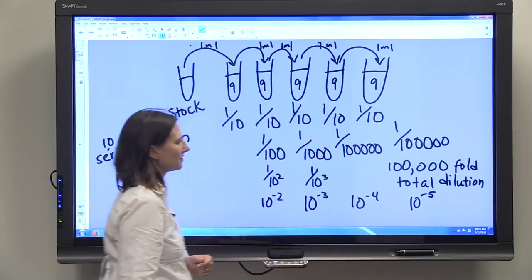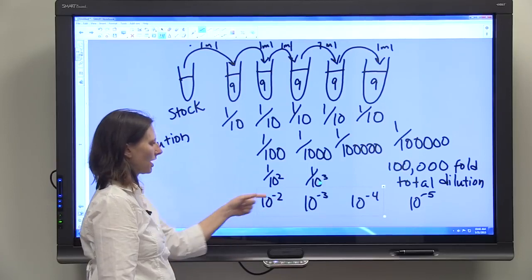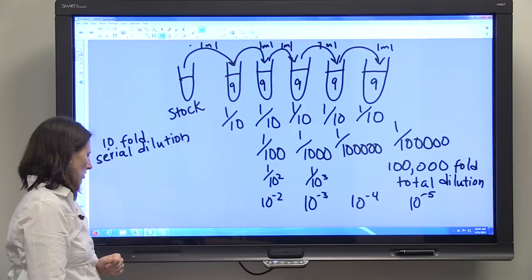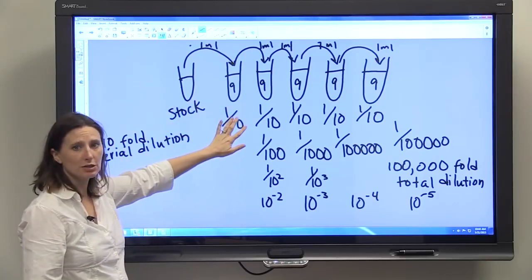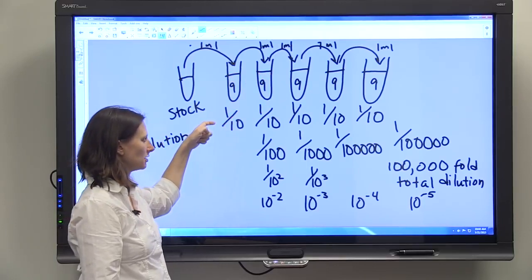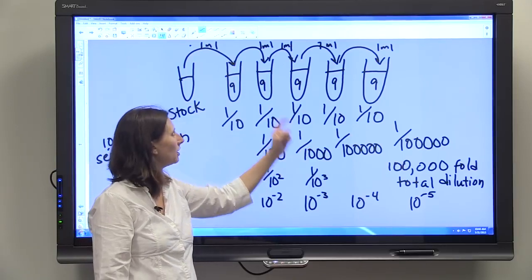If you remember your scientific notation rules, a negative exponent means 1 over 10 to the second. So you see how each time we're diluting by the same dilution factor, but we're getting more and more diluted solution